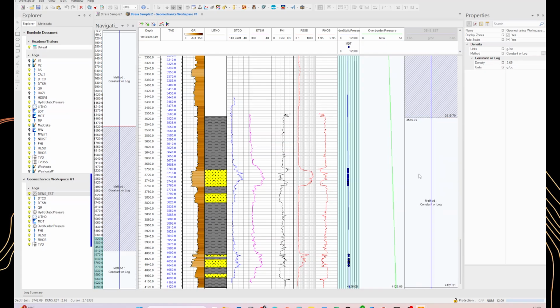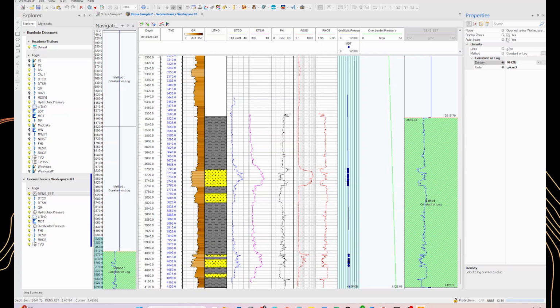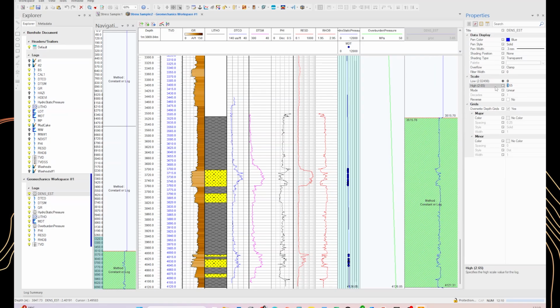And here in this zone we select the standard log method and we select the density log curve. We unselect the auto scaling and set a scale from 0 to 3. So this curve over here is exactly the same as the curve over there. We can also see that there is this DTCO curve that includes 400 meters of data.